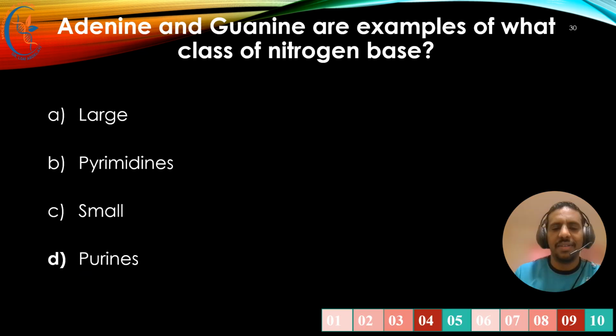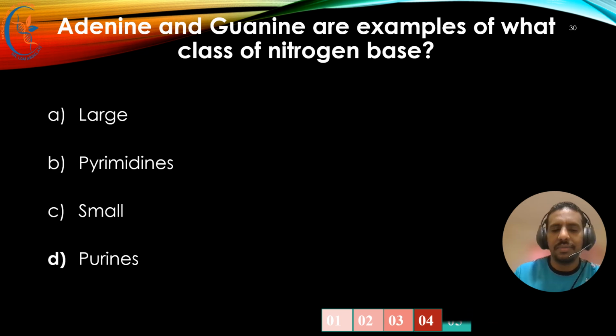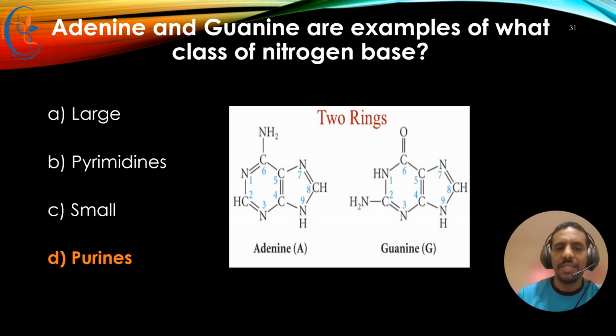Okay, and the next question is, adenine and guanine are examples of what class of nitrogenous base? So the correct answer is purines. Actually, adenine and guanine are both purines, which are characterized by their double ring structure. So that makes them larger than pyrimidines, which have a single ring structure. All right,